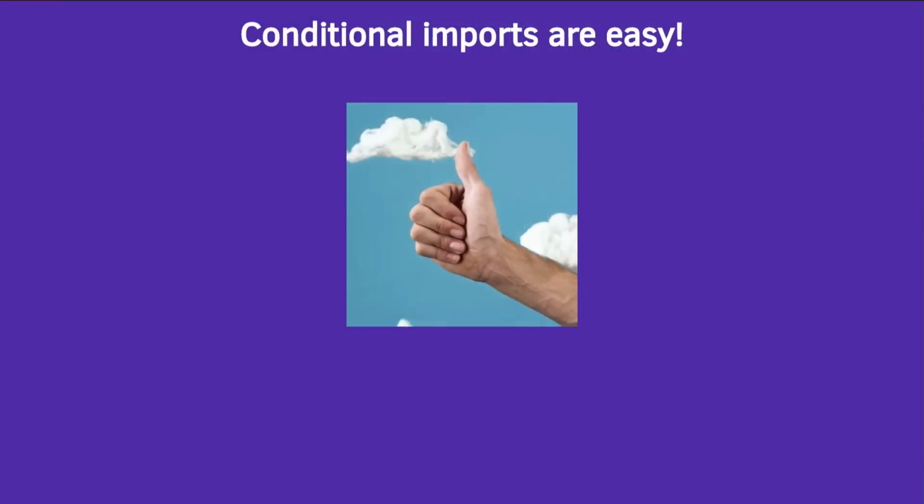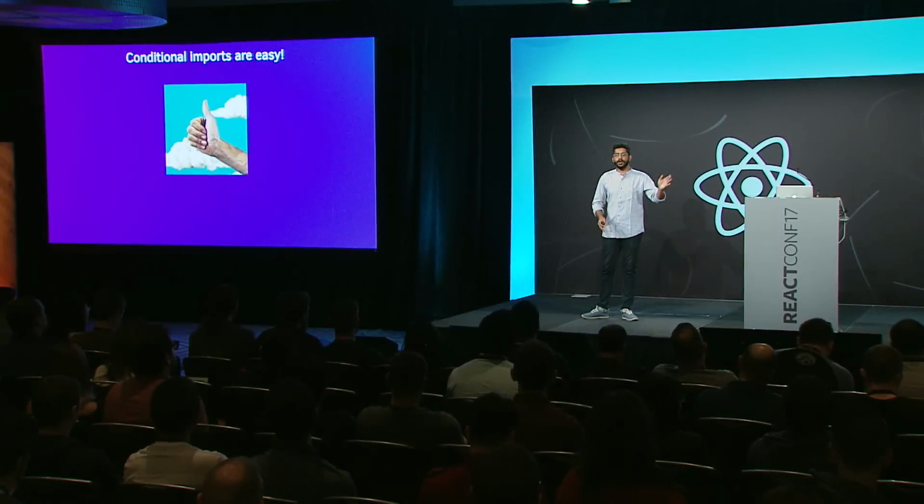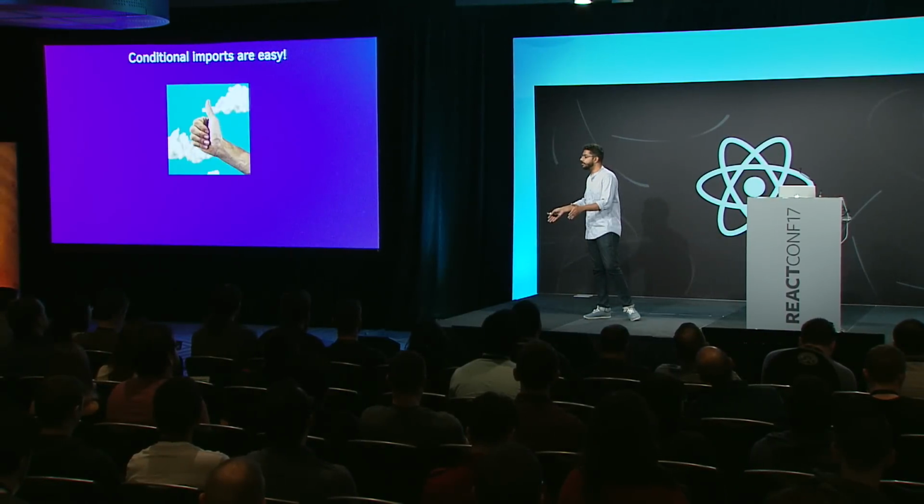This also applies to things like A/B tests, to feature tests, where you send something down the wire, and then on the client, you dynamically load other things. And conditional imports are really easy, right? If you treat them just like how you would any other data, it's just saying, if this condition matches, render this component, which is lazy loaded. Otherwise, render my default component that I ship down the line, right?